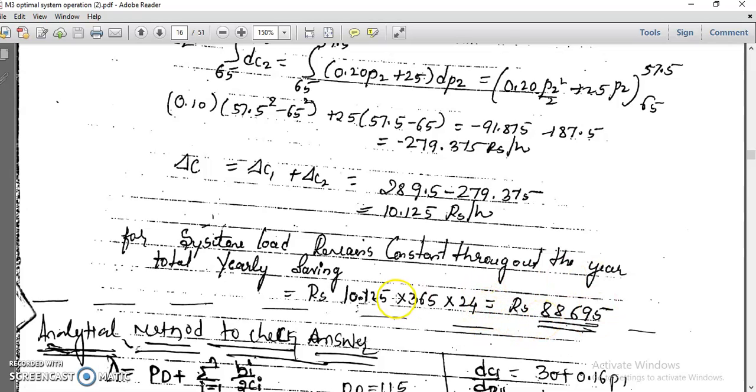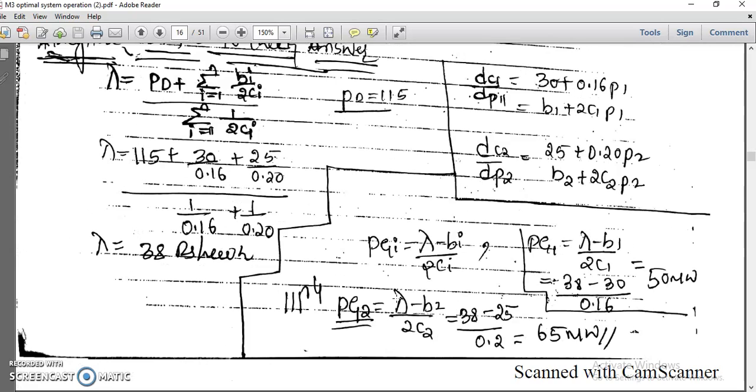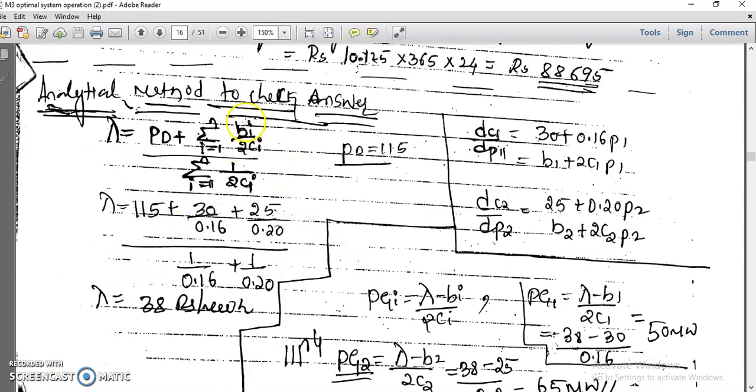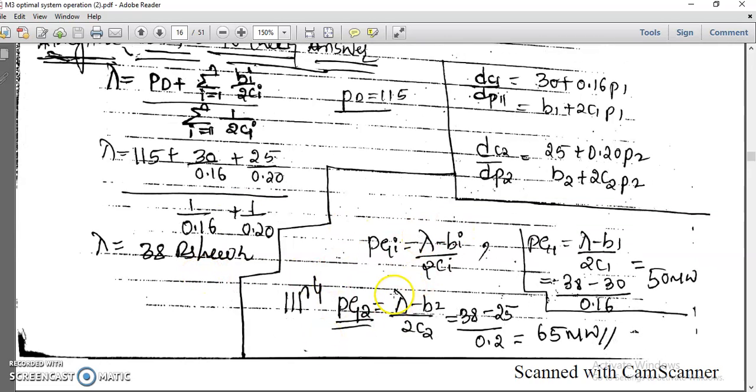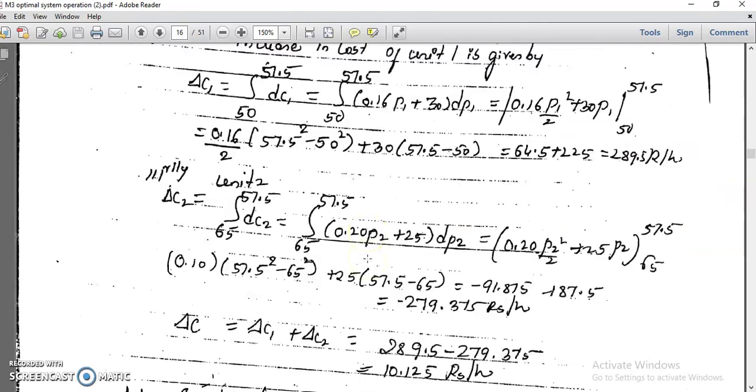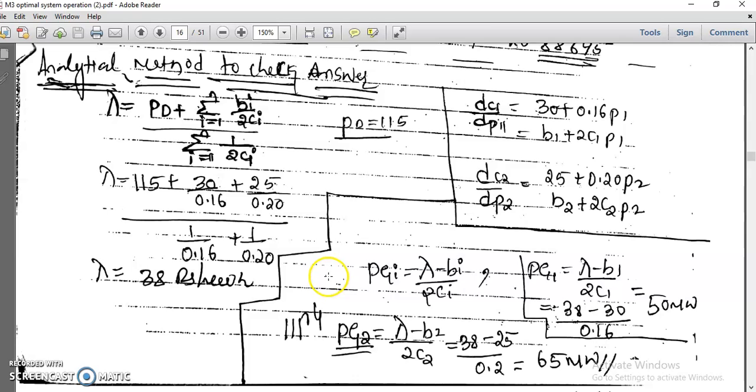This is one form, and in another video I will explain the analytical method, how to form this equation. Directly they have given lambda here. This is the equation, and they have substituted dC1 by dP1. In this equation you find B1 and B2 values, and substituting in lambda we get lambda here. Once we got lambda, substitute Pg1 and Pg2. I am finding for 115. We will come to know directly the value of lambda, because in the table we come to know the value of lambda. In the next video I'll explain this analytical method thoroughly.